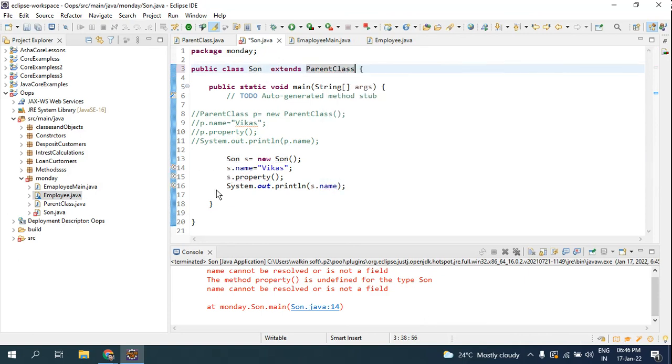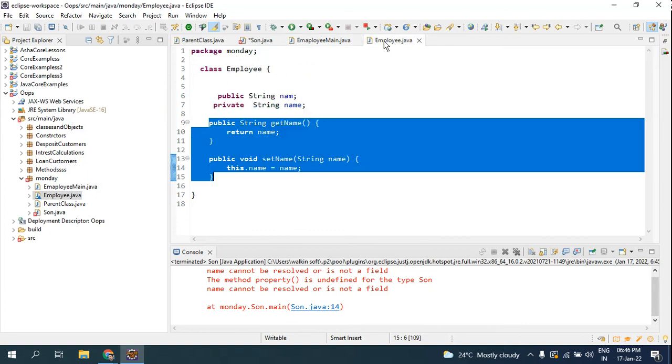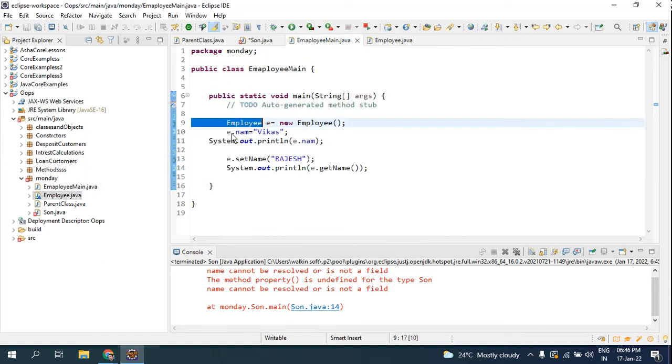Look here. This extends parent class is what we call inheritance. If you go to the employee main and create the object of employee main here, even this you will get an error here. You cannot create the new thing, it will give you an error. So this object relates to this, so no error, you can access it like this.